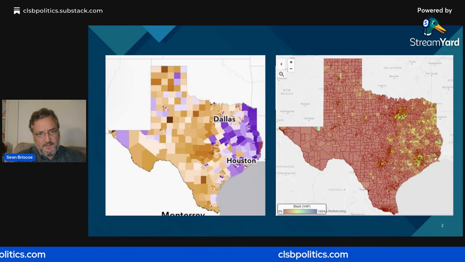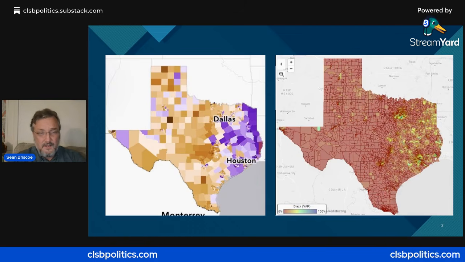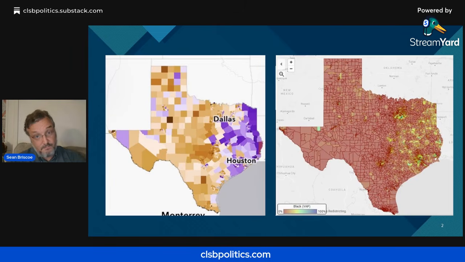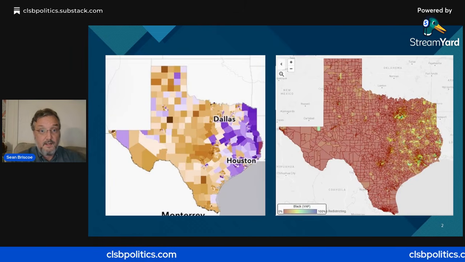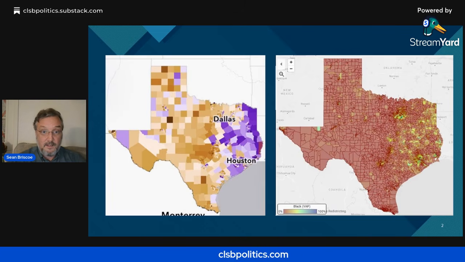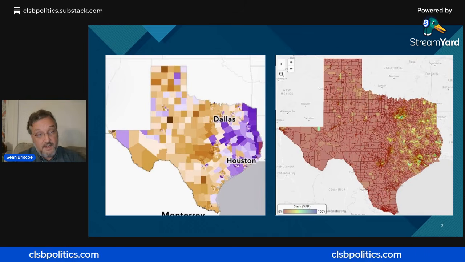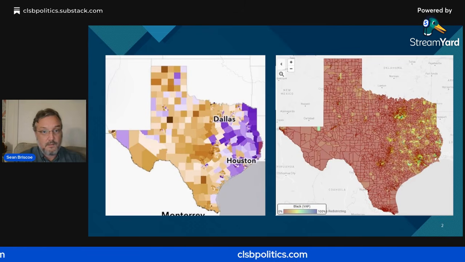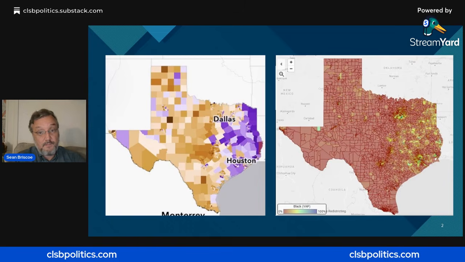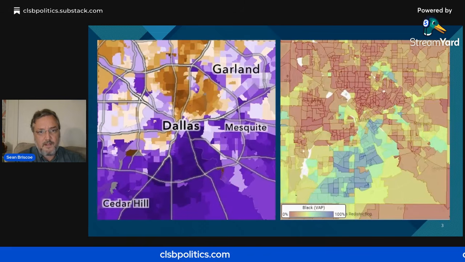And I wanted everyone to see the differences in the two maps, or really not the differences. So as you can see in East Texas, you have a large, predominantly African-American community out there. And it kind of rolls right up to Dallas and ends just north of Austin. And that's where Jasmine got most of her votes from by far. But it was interesting to see that the demographic map and her voter universe map matched up.